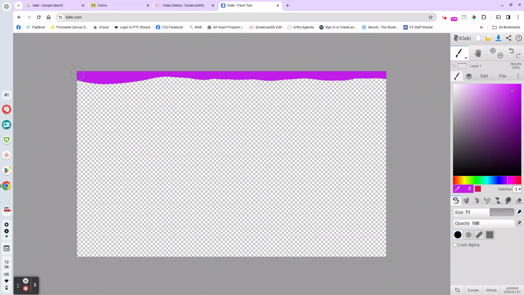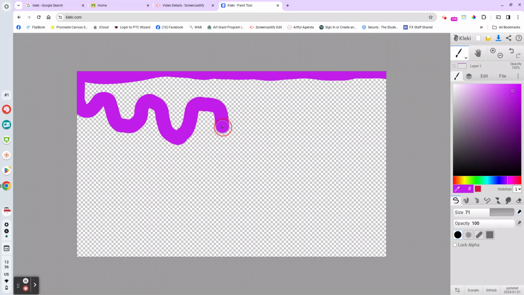And then we're going to drag down, and I'm holding my finger on my touchpad and dragging my finger along to make these little drips. And you can make them large, small, however you'd like them to be. Now here at the end,